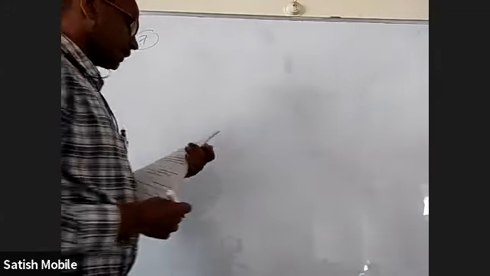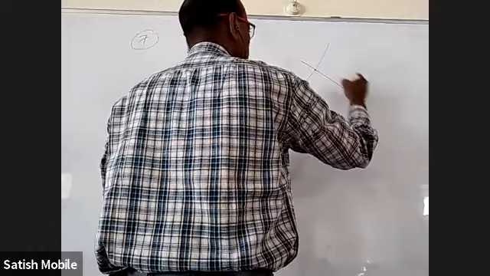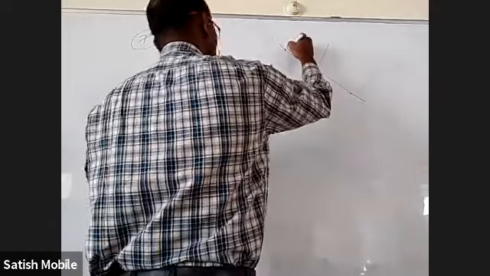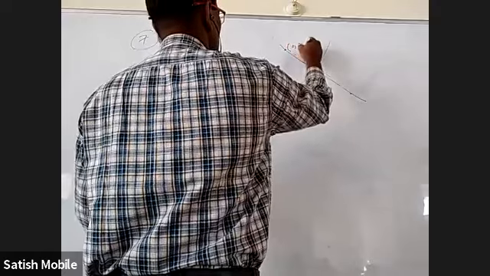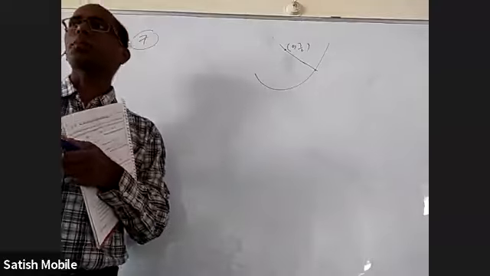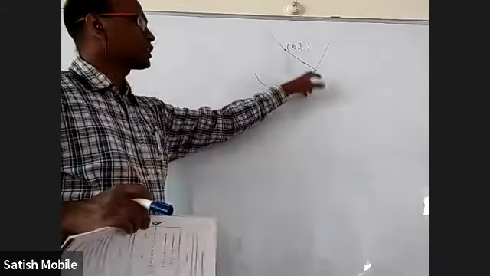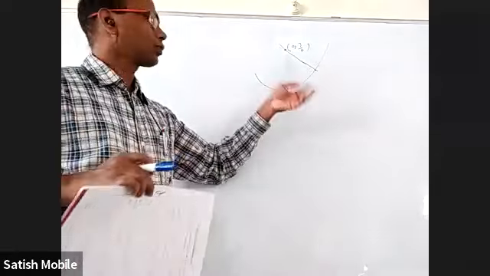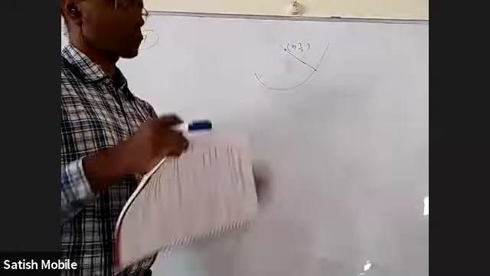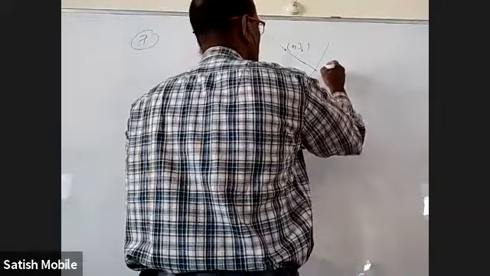So I don't know what is the exact shape, but the curve is somewhat like this. At a particular point you draw a normal, and that normal is passing through 0, comma 3 by 2. So 0, comma 3 by 2 is not a point on the curve, it's somewhere outside the curve. At which point you have drawn the normal, you don't even know. You have to draw the normal there, and it should pass through 0, comma 3 by 2. So you can take that point as x1, comma y1.